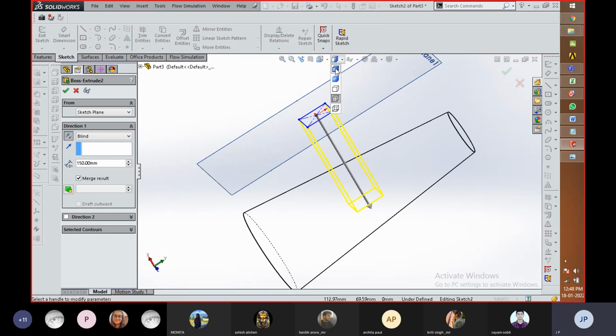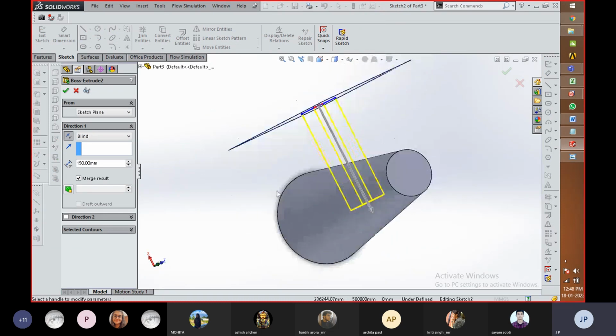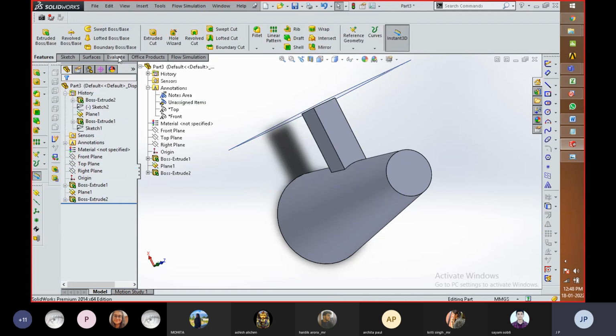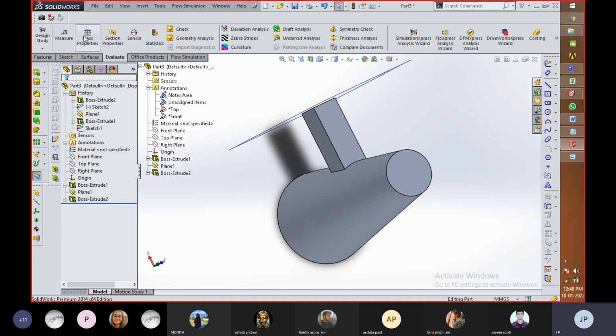I'm going to select the 3D model. Whenever the amount of material consumed by the component is different, for that purpose I'm going to use evaluate and then mass properties.